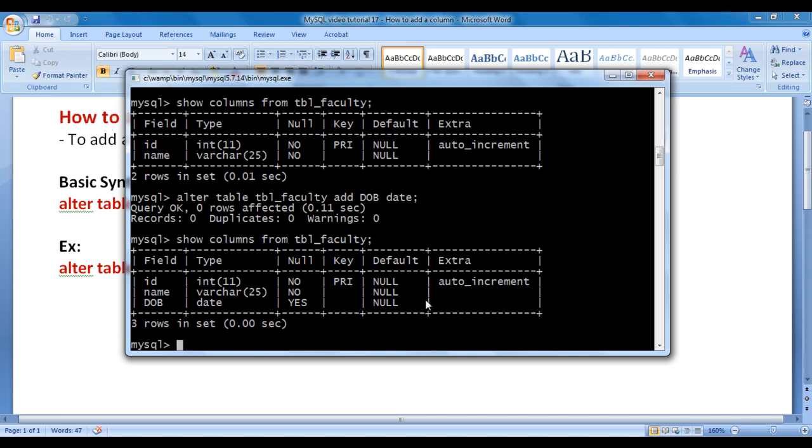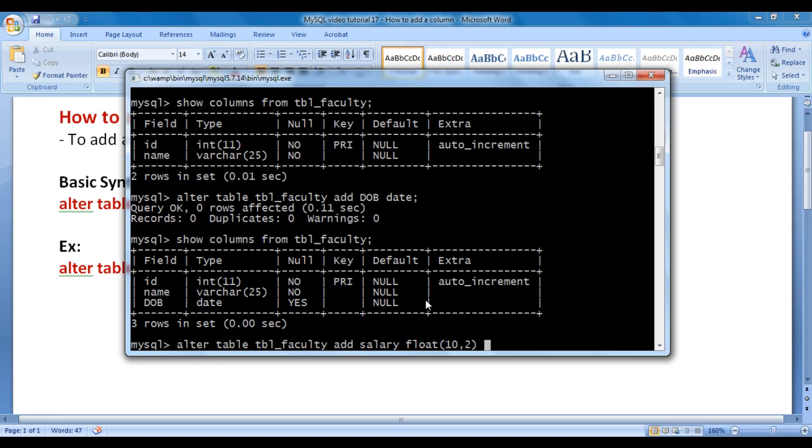And how do we add a column to an already created table, guys? We say ALTER TABLE, then we write the table name to which we want to add a new column. I say here TBL_faculty, then we say ADD, then we write the new column name. I say here salary, then we write the data type of the column. Salary will be of type float. In brackets, I say the salary column can have up to 10 digits. After the decimal point, it can have 2 digits.